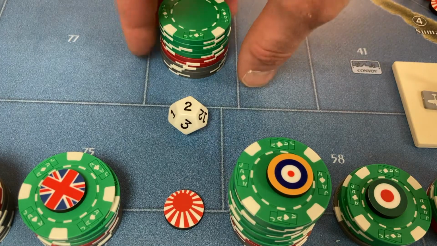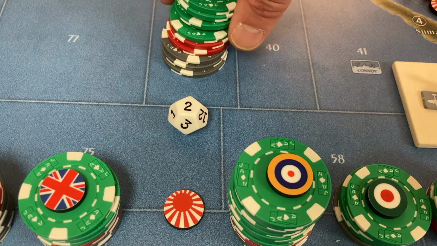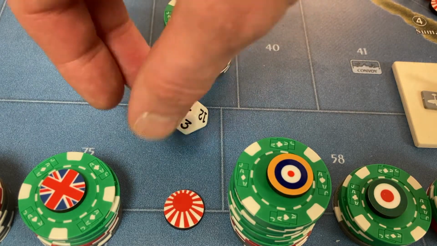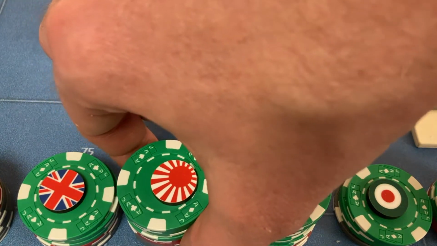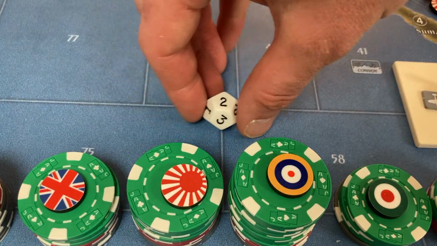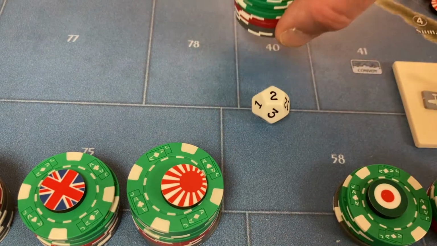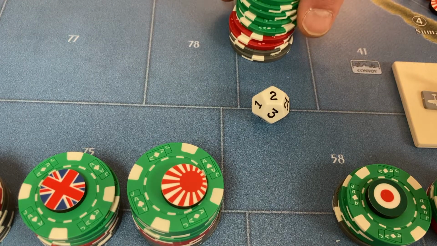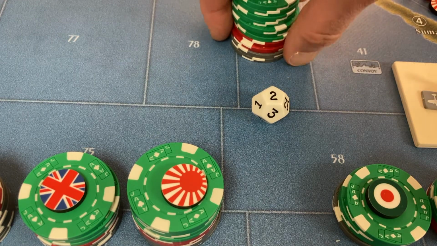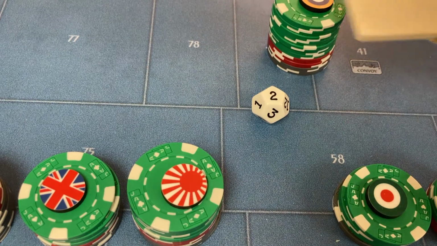So that was Japan's turn. Japan now collects 44 IPC. It does not get any NOs, at least not yet. And the turn goes to UK Europe. UK Europe has quite some money to spend. That is 37 IPC. And for that we'll purchase